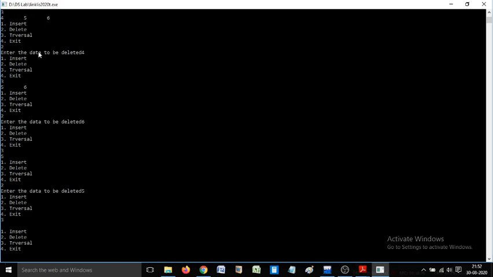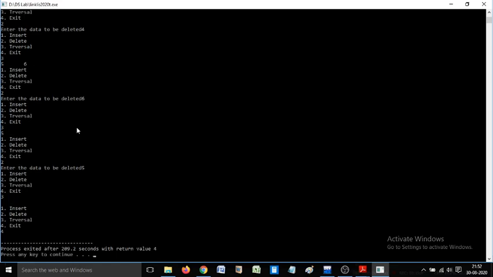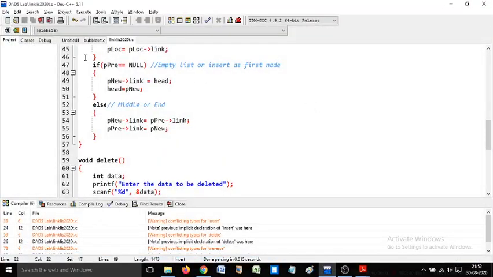So we have tested the insert and delete operations along with the help of the traversal operation, and the program has been implemented just based on the algorithms we discussed in the video lecture. Hope you have understood the implementation of the program. Try to implement all the remaining algorithms also into this program and make it a complete implementation.